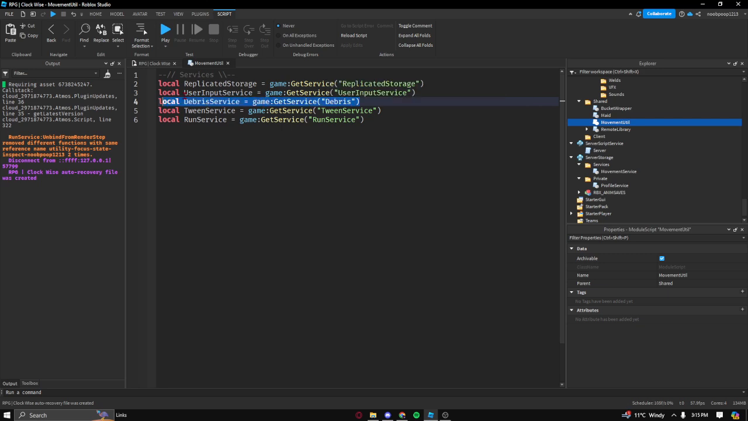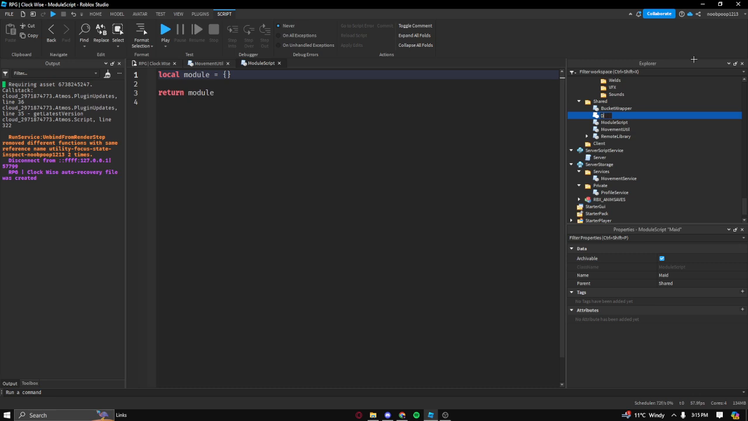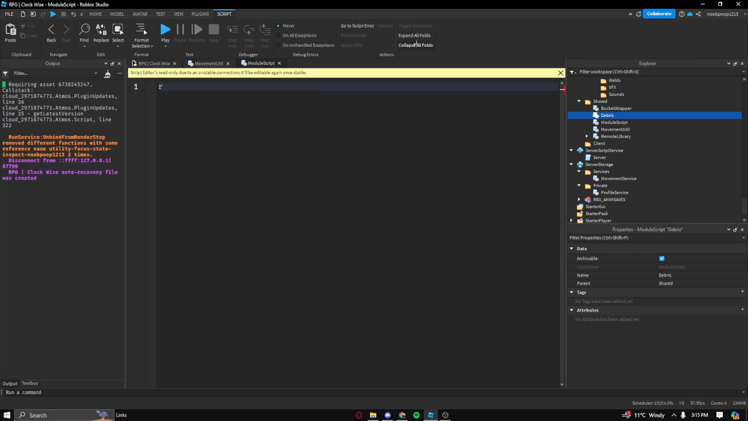Debris is a little inefficient, so let's make our own module for that. We're going to create a module script called debris, and we're actually just going to return, oh, my internet,